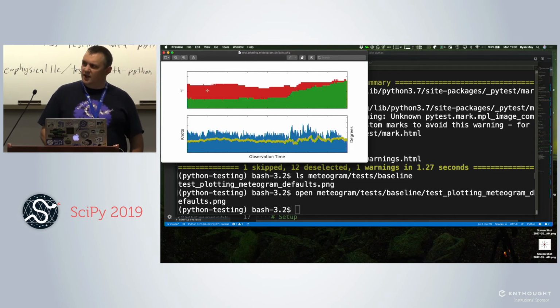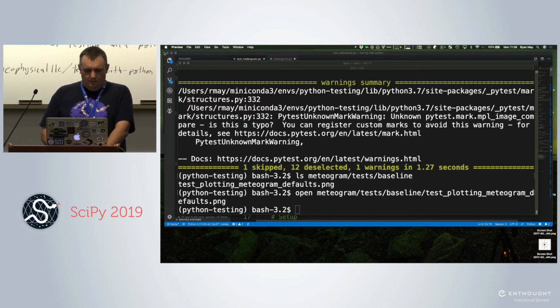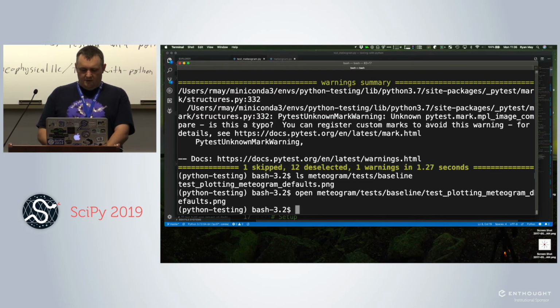Especially things we manually add with like X label and Y label. So if you don't want those, you could manually take them off. And there are other ways we can control the tolerance too, but I'll get to those in a second. But that looks reasonable. So now, baseline's good.